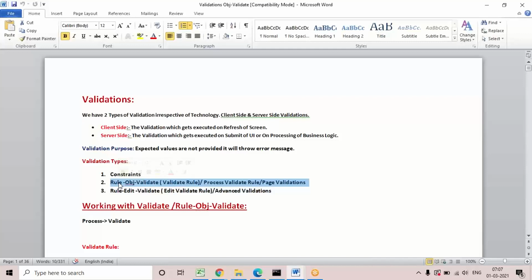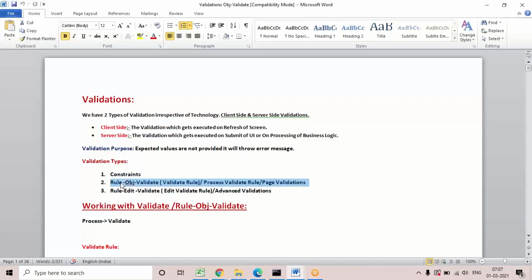For example, there will be some life insurance policies. For all policies, age limit and age conditions will not be the same, right? It will be different. So if you need a different condition specific to a page, in some page you need one condition, in a second page the condition must be different, in a third page the condition must be different. If you need different conditions everywhere for those two properties, then I cannot use constraints.